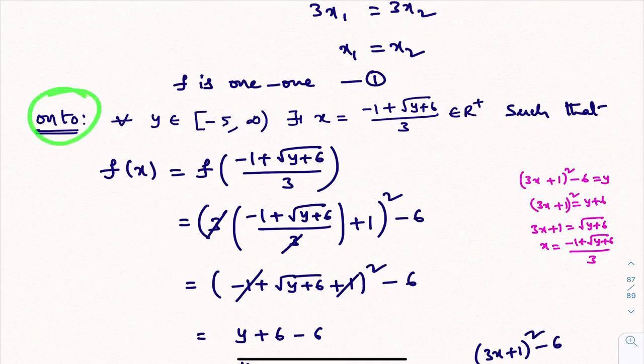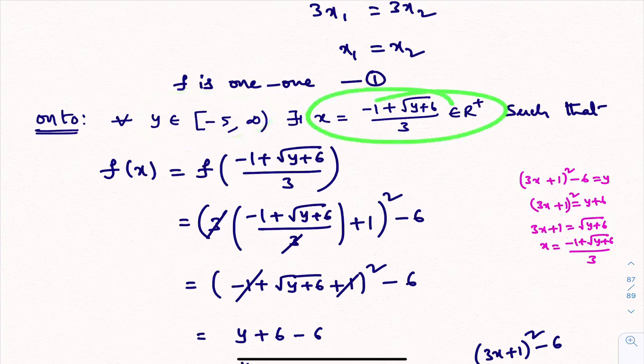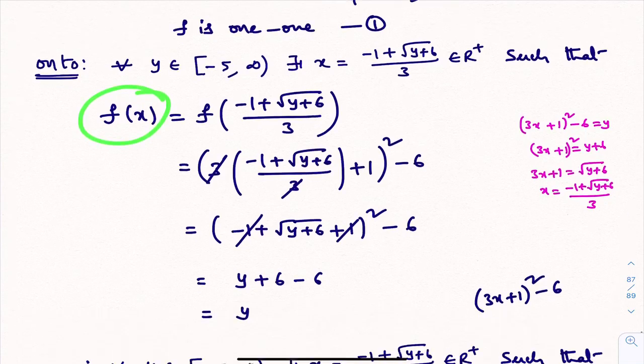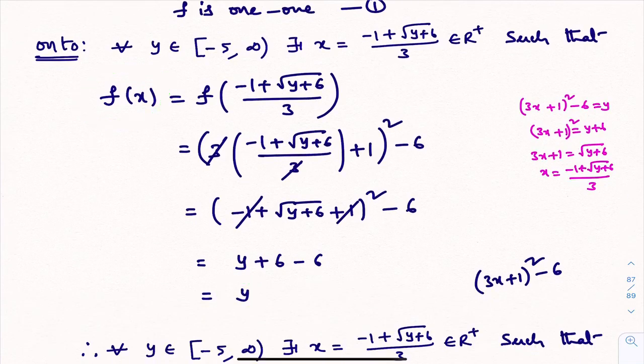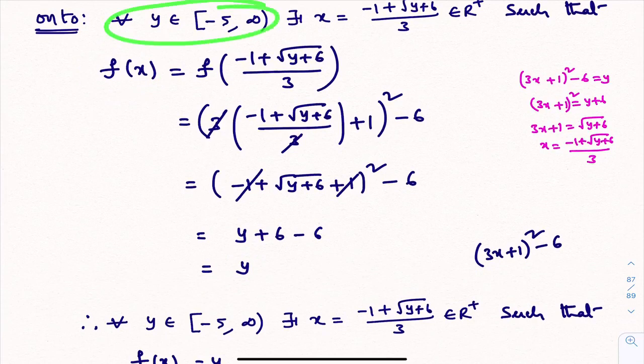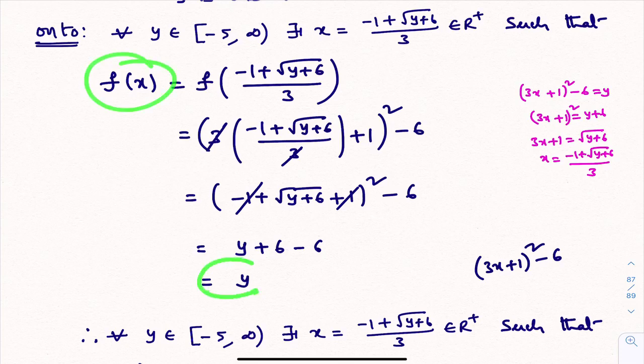Now I need to show that this function is an onto function. Whenever an onto function comes, a little bit of complication will be there because for every problem we do not follow the same procedure. In the last problem I proved that the range is the same as the codomain, but this problem is not like that. You see, as in earlier classes how we proved onto function, like that I proved. What is the onto function definition? For every element in the codomain set, there exists at least one pre-image in the domain set such that f of x equal to y. In this way we proved onto function, right? In this way we are proving.